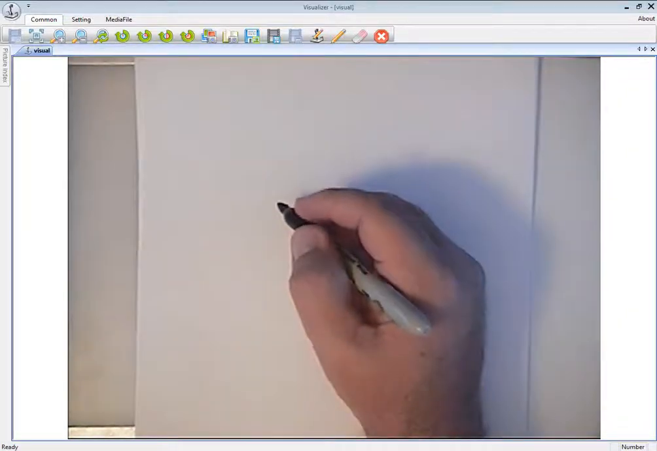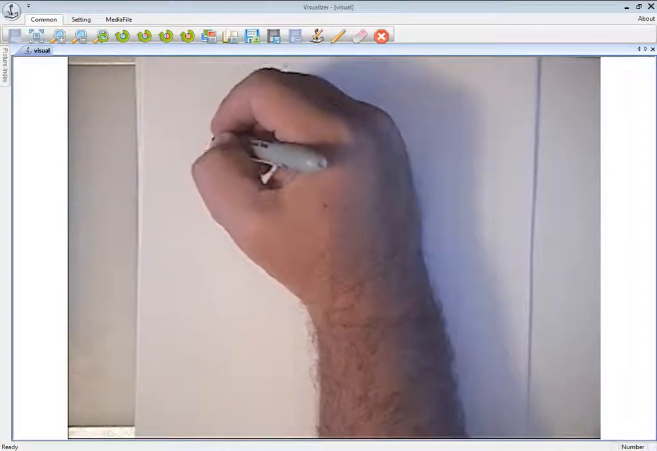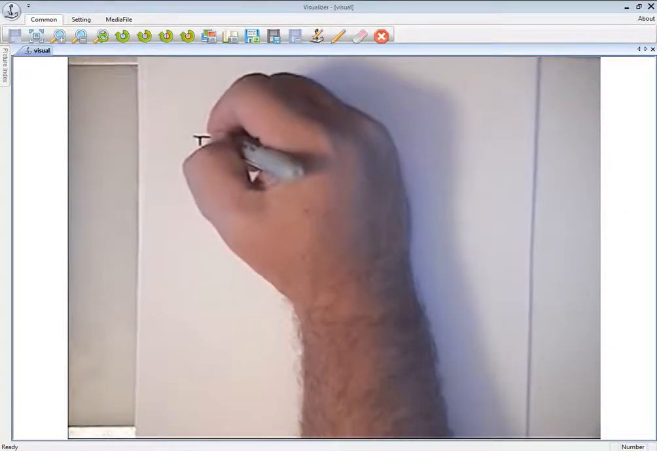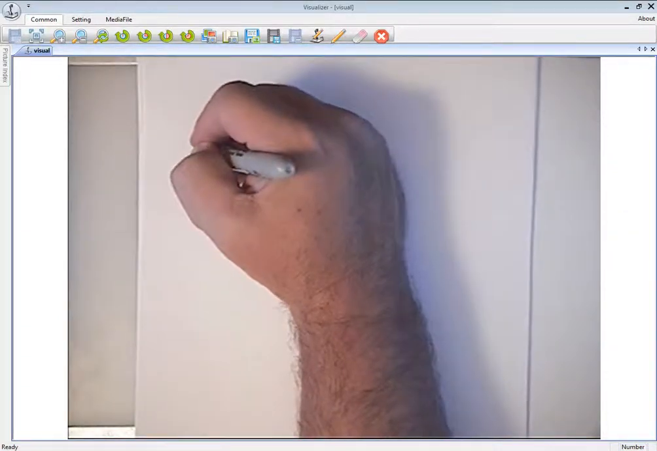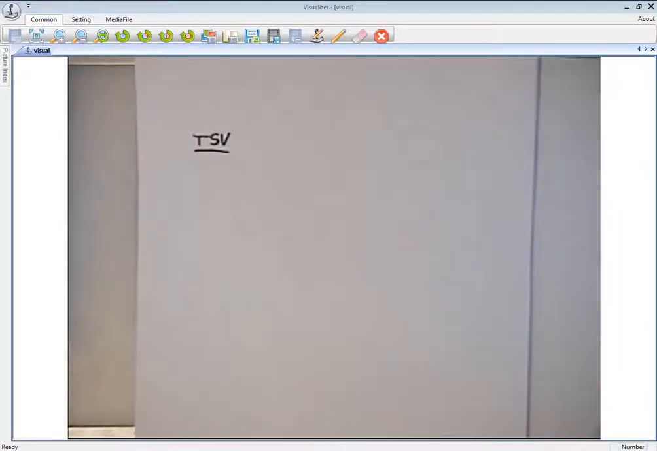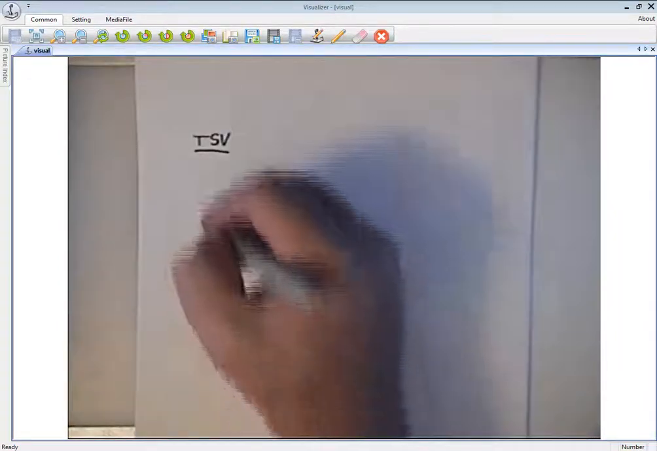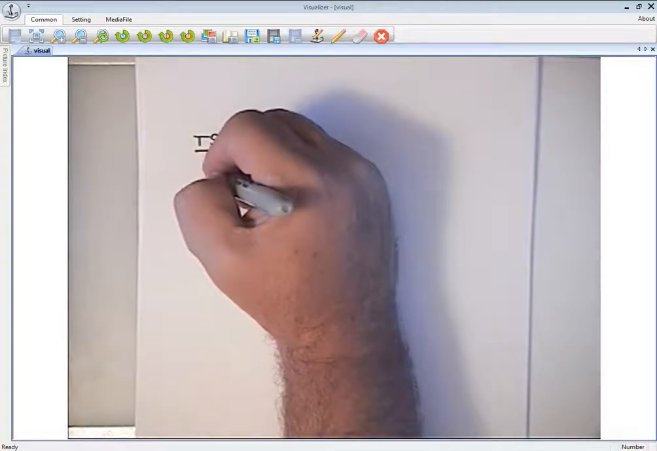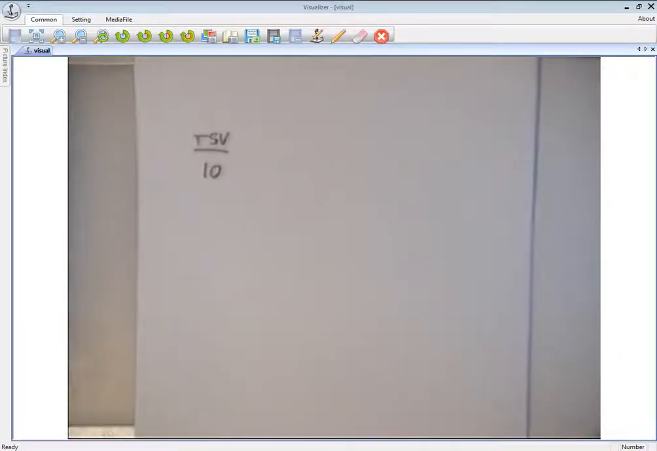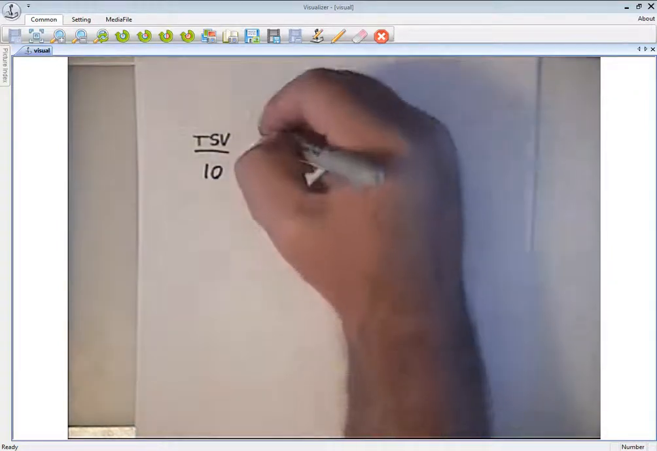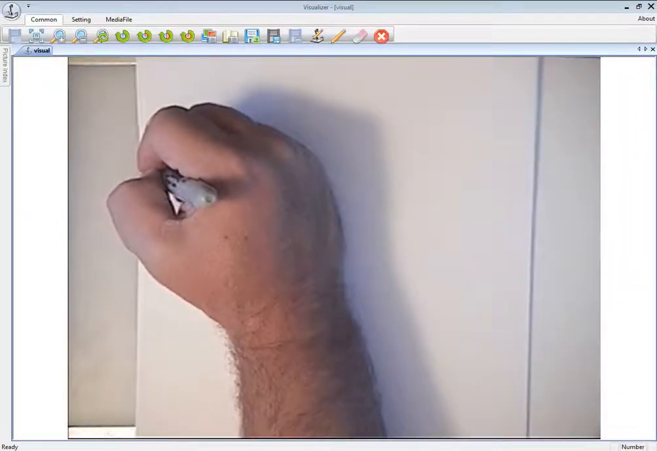Let's take a look at a very basic forecasting model, and we'll have a time series value here. For example, our first week, let's say we sell 10 units, and then we're going to use that as a forecast for the next week. For example, this is week 1,